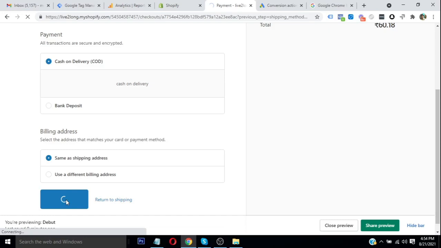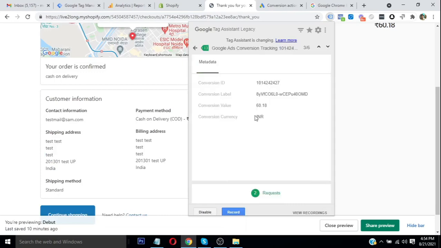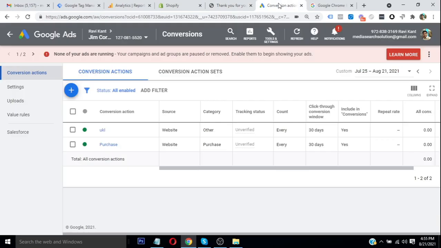So now we can see our thank you page will soon appear here. As you can see, the order has been successfully placed, and we can see our thank you page here. And we just need to click on the tag assistant which we have installed, and click on our Google Ads conversion tracking. You can see the conversion value of this product has been recorded, and we can verify the label to see if it is the same which we have created for our tag or not. So we can make sure that yeah, it is the same tag.